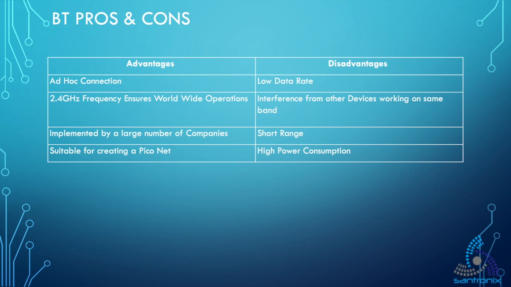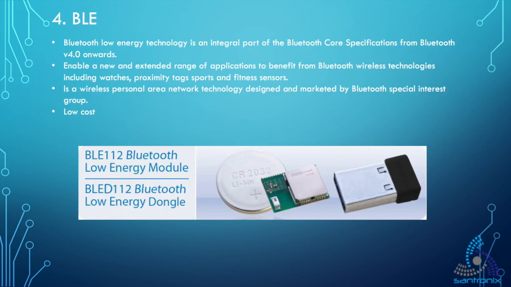So that's why it's a higher power consumption. To overcome some of the disadvantages with the traditional Bluetooth communication, there was a development done for BLE. Now, BLE stands for Bluetooth Low Energy technology, right? And Bluetooth Low Energy basically works from Bluetooth version 4.0 specification onwards, and currently we have Bluetooth version 5.0